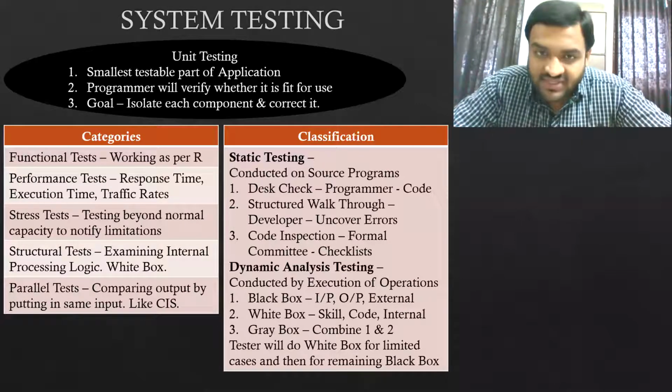If he doesn't have the skills, if he can't open the system, he will only do black box testing. But if the customer or the client has provisions where the auditor can easily open up the system and verify the logic, and he has the skills and the equipment, in that case he will do white box testing. So structural testing you can compare with white box testing, but it doesn't include black box testing at all.